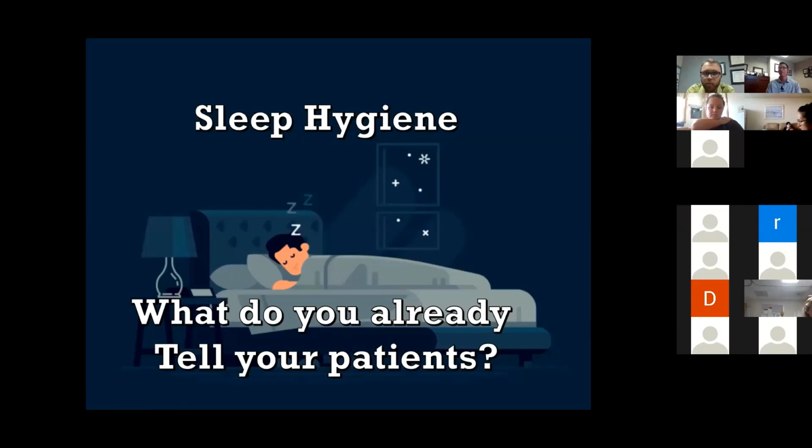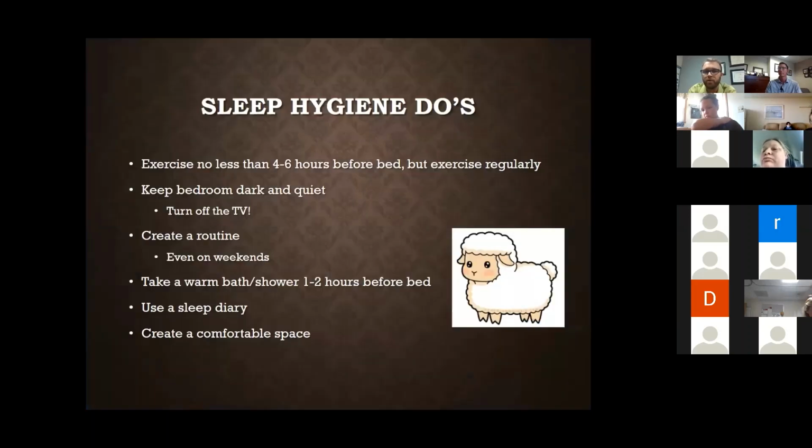And there is really no point in having the clock when it comes to insomnia, and I'll talk more about that later. It sounds like you guys know sleep hygiene pretty well, so I'm going to highlight over these. Basically anytime I'm doing a lecture, exercise is the key. Exercise always, for any issue. But specifically, we should be doing it no less than 4 to 6 hours before bed. You absolutely don't want to hop on a treadmill right before you go to bed. That's the last thing you'd want to do for your sleep.